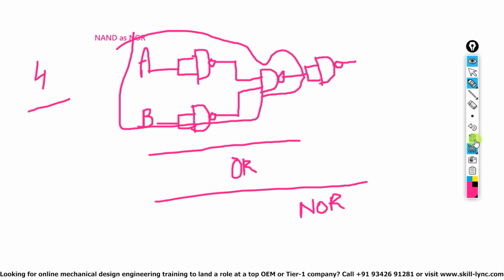Now the next part is we have to prove NAND gate as a XOR gate. XOR gate is exclusive OR gate, whose expression is Y equal to A bar B plus A B bar. If I am having two inputs A and B, XOR will be A bar B plus A B bar. Now you have to prove this A bar B plus A B bar using NAND gate only. Now it is a little bit challenging task. Now see what will happen over here.